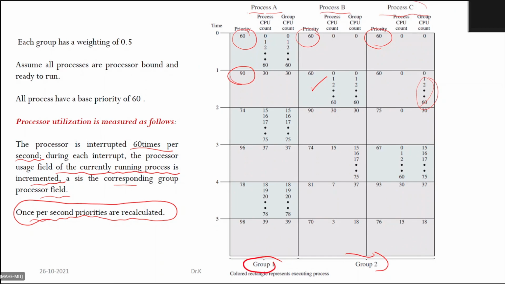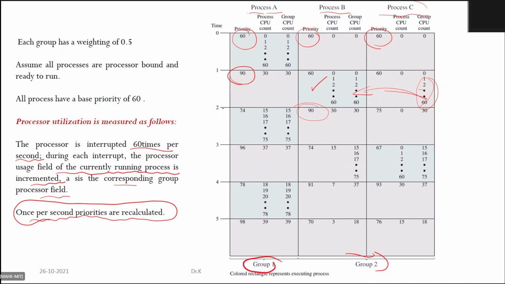And at the end of that, whatever the time we have noted, the interrupting time, that much, say the priority of the process B increases, and for the next time count, if you notice here, this is just a random example we have given. So why we have shown here is the group count will change, because even though I am executing the process B, process C, since it belongs to the same group, that group count also changes.